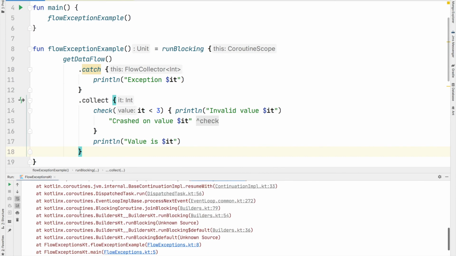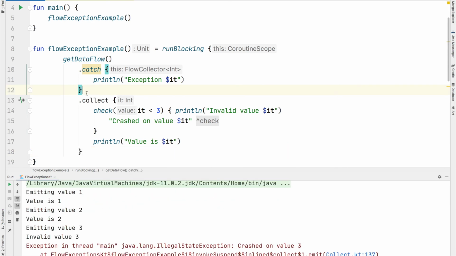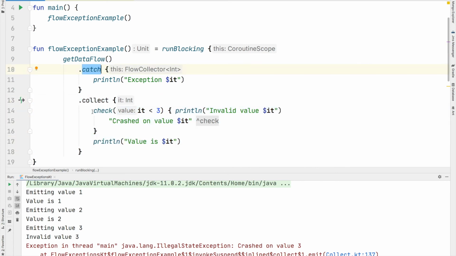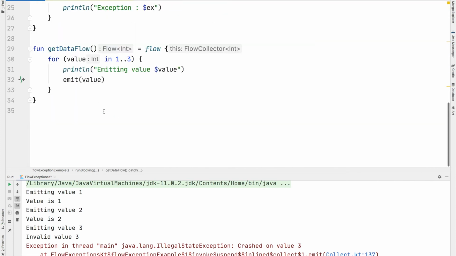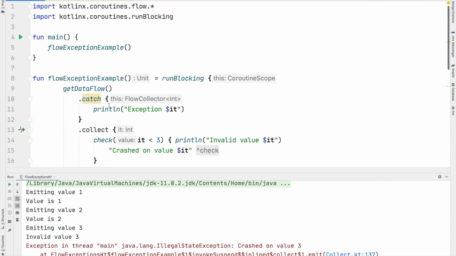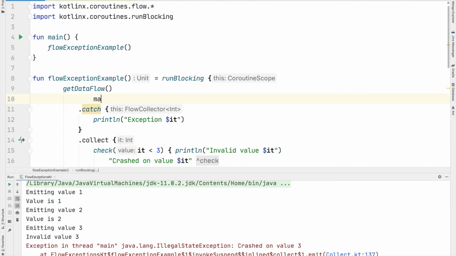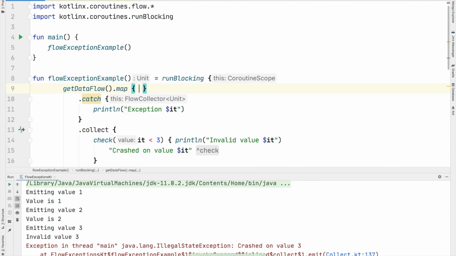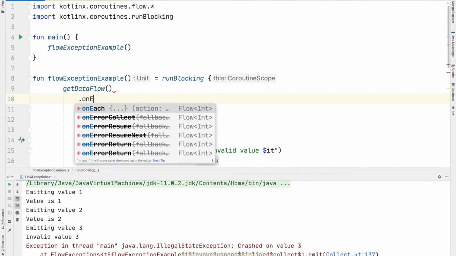So if you see here, we again got this exception, right? That means this catch operator will catch all the exceptions coming from upstream, but it does not catch exceptions coming from downstream. So for that, what we can do is we can write this block of code in such a way that we can use this catch operator to catch all the exceptions, okay, whether it is coming from this data flow, or it is coming from some intermediate operator, like let's say collect, or some operator if you are using here. Let's say if you are using some map operator and it is throwing some exception, then that also should be captured. So for that, what I'll do is I'll use one more operator here, onEach, okay,